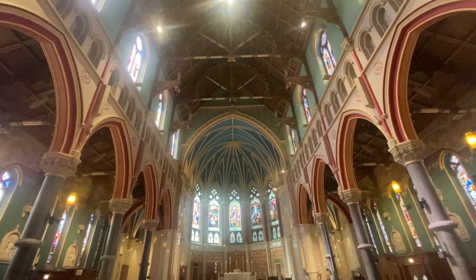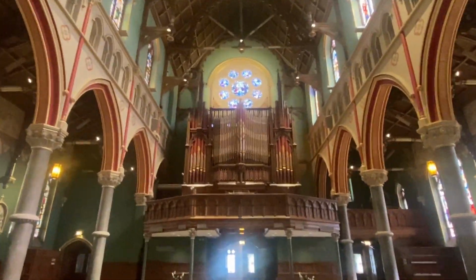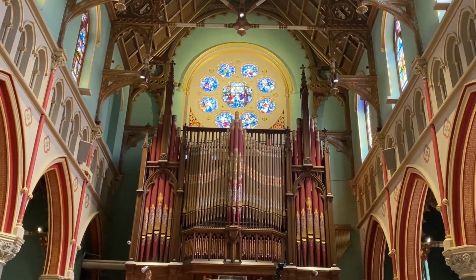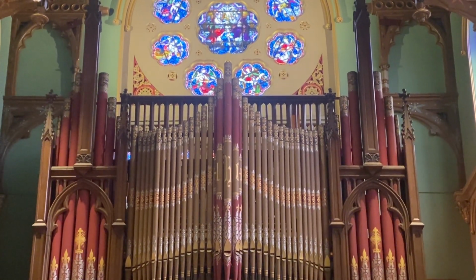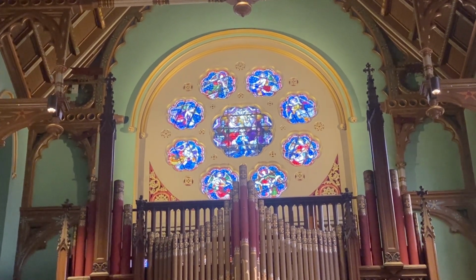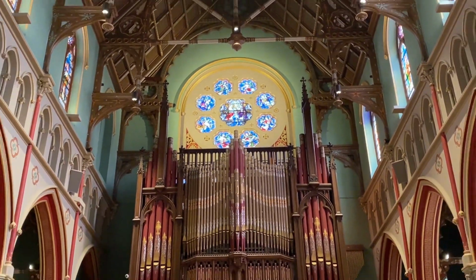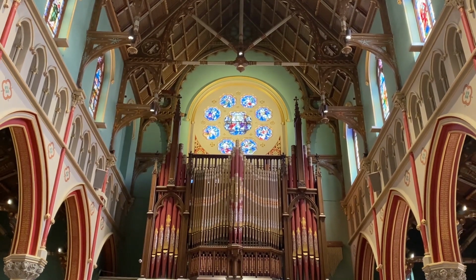And what was this used for? Well, when we turn around and look, you see one of the most grand organs that you'll ever see, with what now is a window above it, with a semblance of a cymatic pattern. Now, whether that was the same window that was always there or not, you'll know if you study these things that it's said that sound and frequency and energy were what these buildings were originally constructed for or used for,